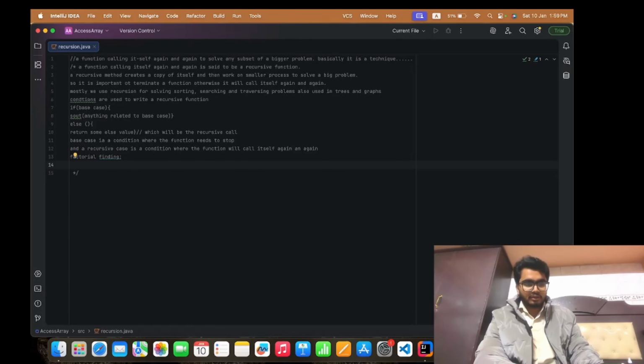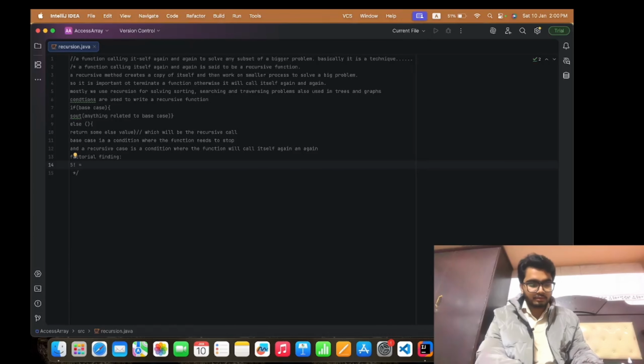Suppose you have to find the factorial of 5, you will write 5 and give an exclamation mark. This exclamation mark denotes factorial.